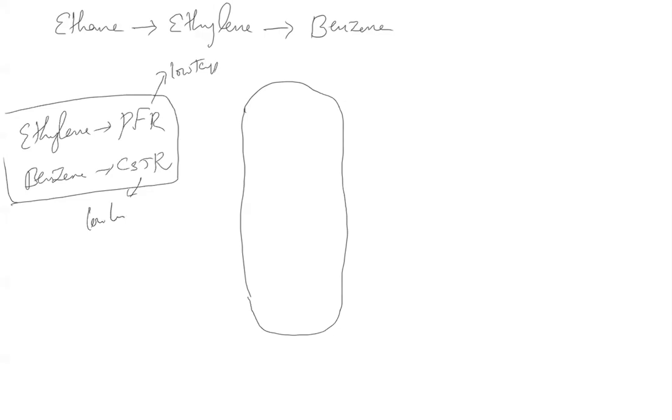So for example, a PFR at low temperature, and a CSTR at high temperature. How do you construct a reactor like this? Because here you can't say which one is the desired product and which one is the undesired product. If you see some of the Reliance crackers, you will find this kind of arrangement.